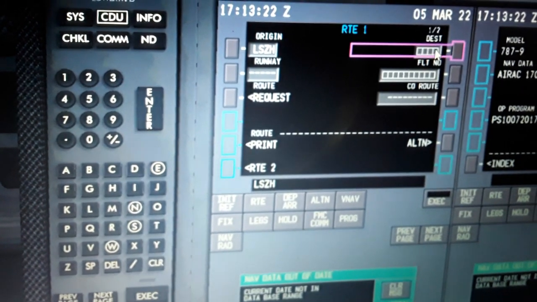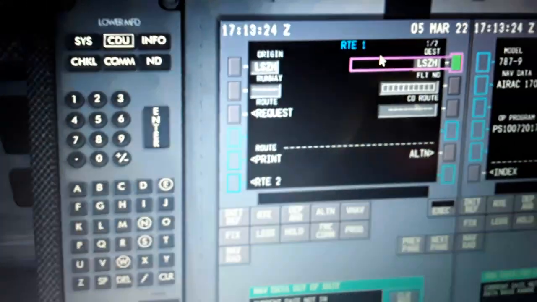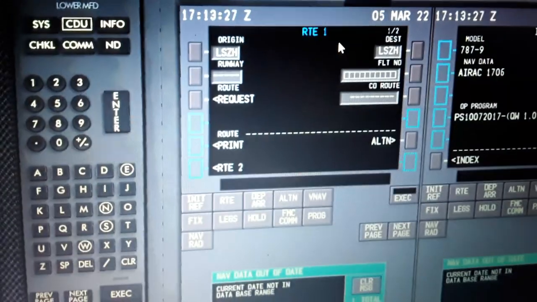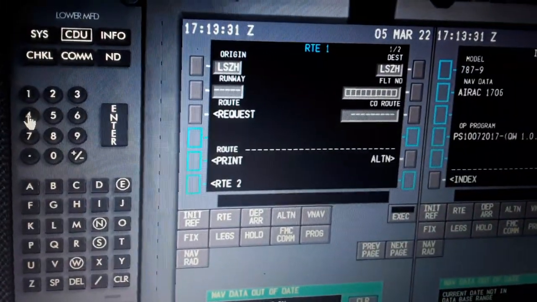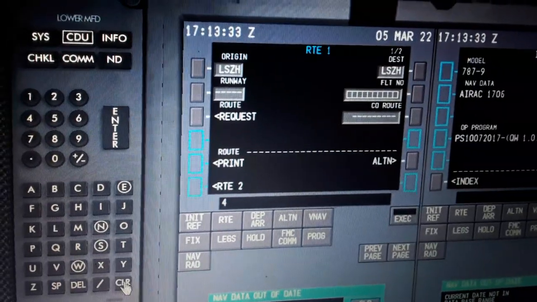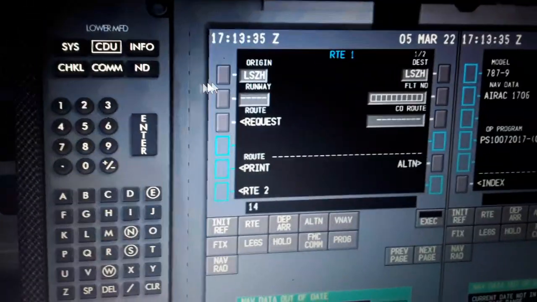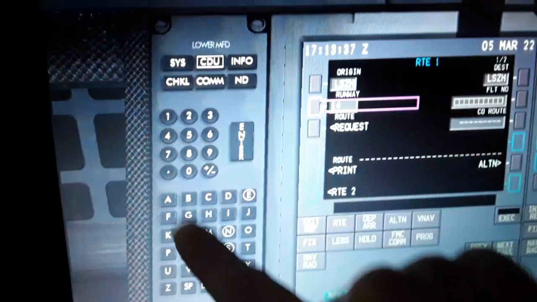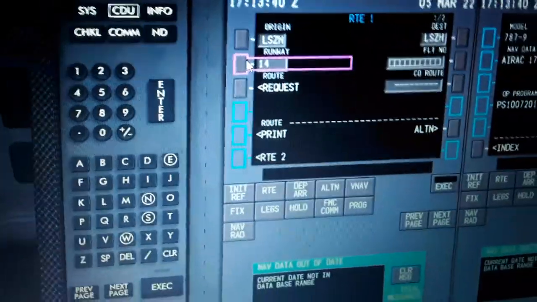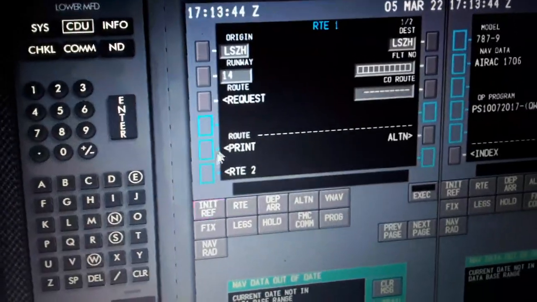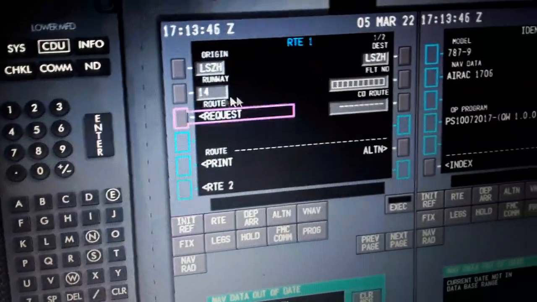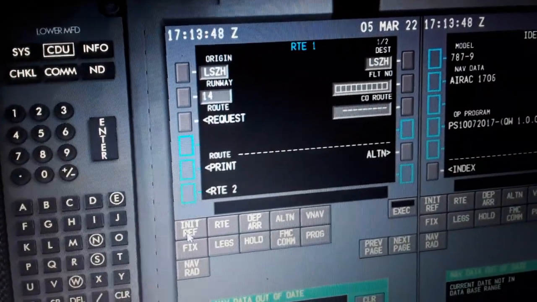So copy paste this. So you can see LSZH, back to LSZH, runway 14. We use the alphanumeric keyboard here, and we have the mouse. It's a touchscreen, and also we have the mouse pad in it. So we go back,